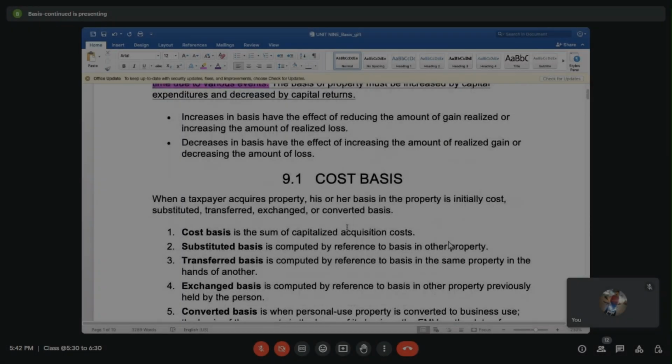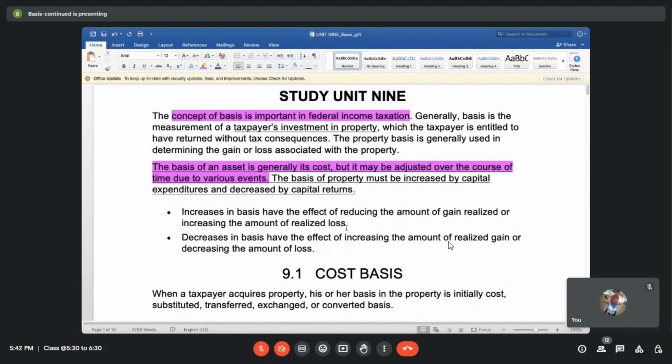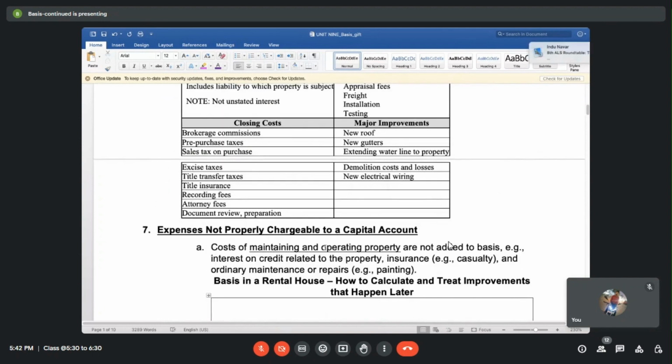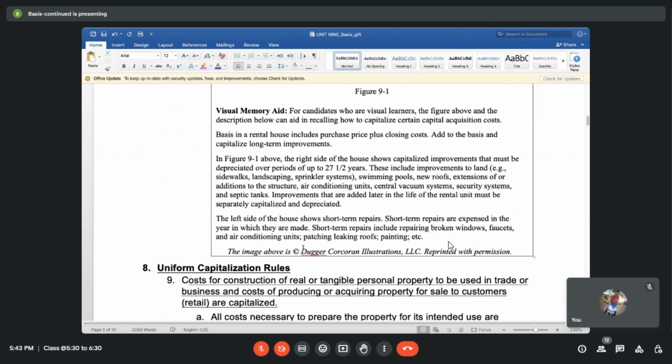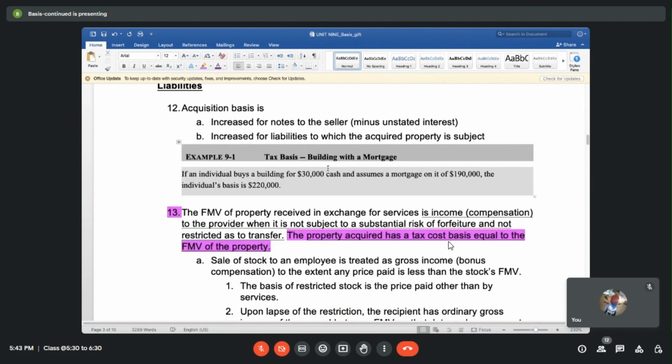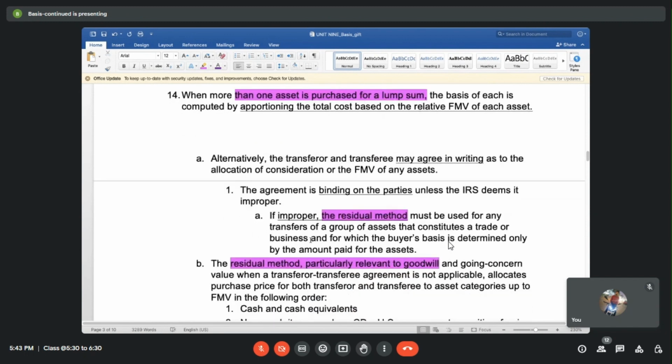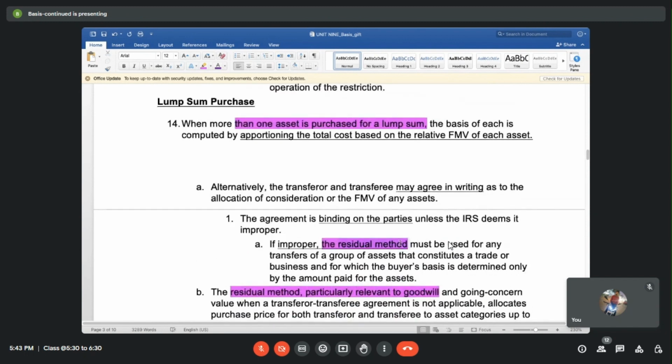This is all about what needs to get capitalized and what needs to get expensed. So we know all the rules, right? What are the expenses associated with buying an asset or installation, and then regular repairs and maintenance or regular usage will go towards maintenance, which is not a capital expense. And then we saw if there is a liability which is assumed with a mortgage, then that gets added to the basis. Okay, if there is a lump sum purchase, then we need to go with the residual method, meaning that